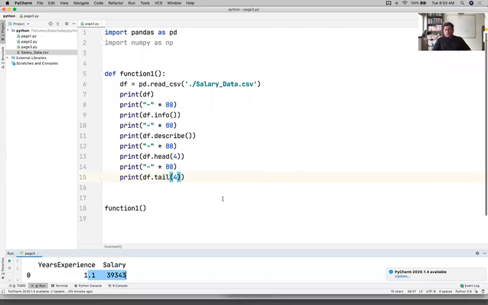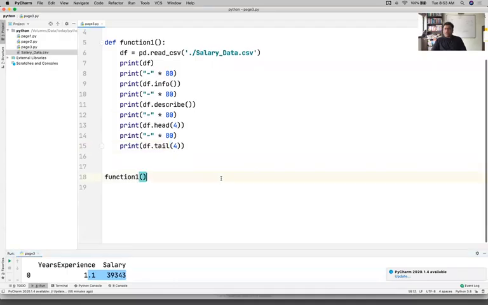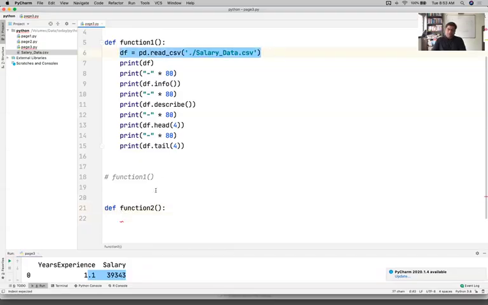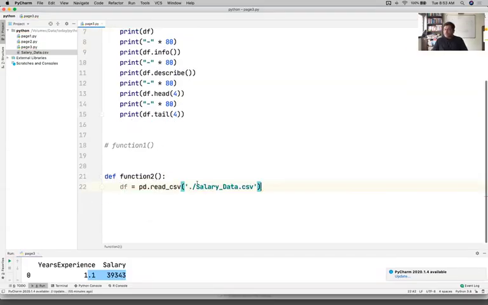Now let's start performing some operations on top of it. Let us see how it can be done. I'm going to come back here and say this is going to be my function 2. And right here, I want to again read the same data. Instead of creating the data again and again, it's better we just read the data right here. Say salary data,